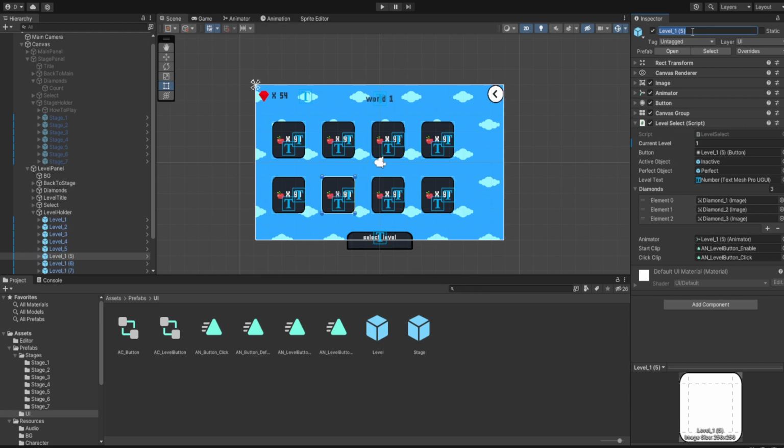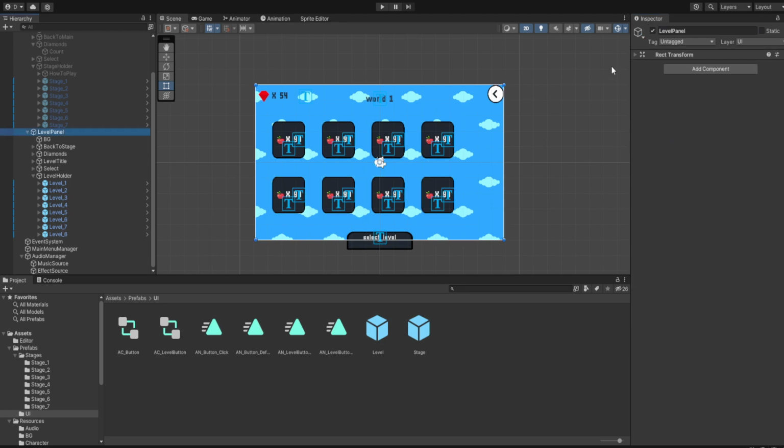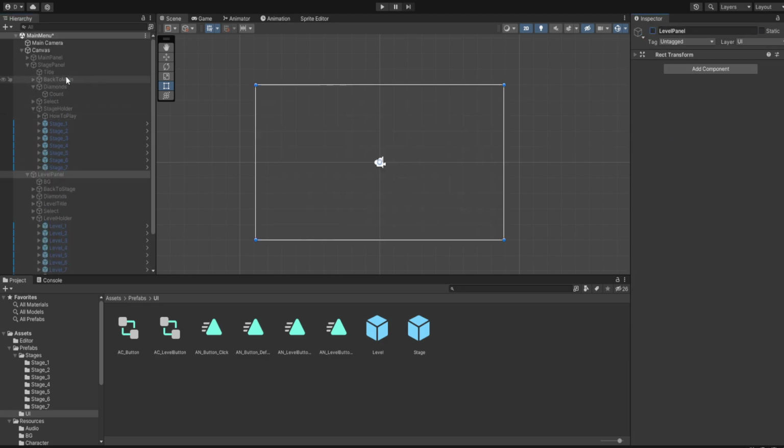Five, 6, and we have 7, and finally our 8th level. So looks like there should not be any problems. Let's show our main panel,